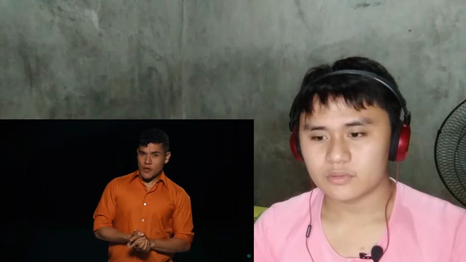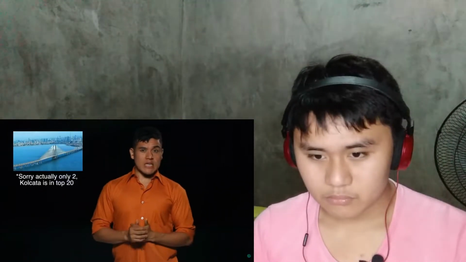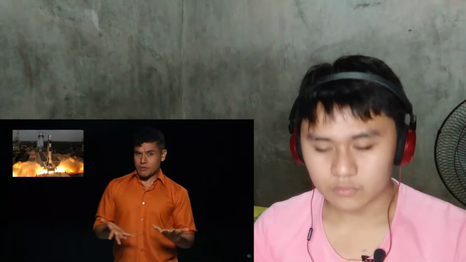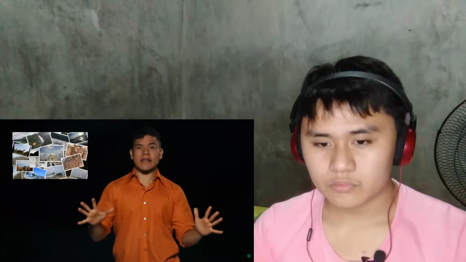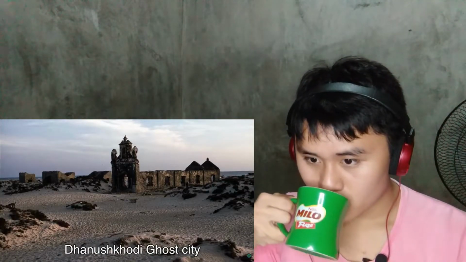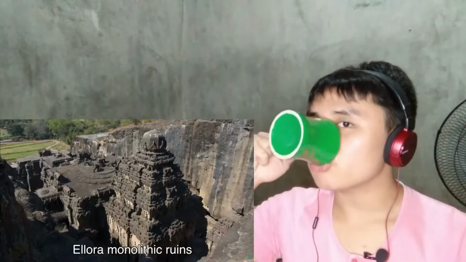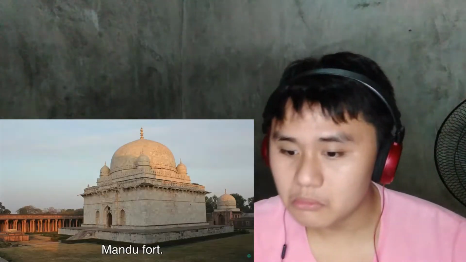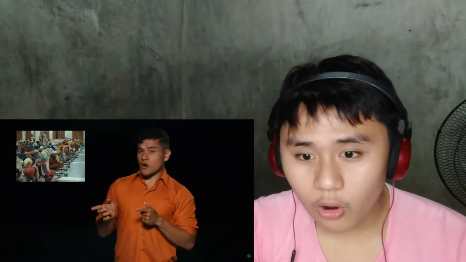Outside of all the dispute stuff though, India not only has the world's second largest road network and 3 of the world's top 10 megacities and their own space program, but they also have a copious abundance of landmarks and notable sites, way too many to list, but some of the ones that you guys, the Indian geographers, have told me to mention include places like the abandoned Dhanushkodi Ghost City, Golconda Fort, the 4 pillars of Charminar, the Ajanta Buddhist art caves, the Ellora monolithic ruins, Mandu Fortress, the Golden Temple, which feeds over 100,000 people a day,